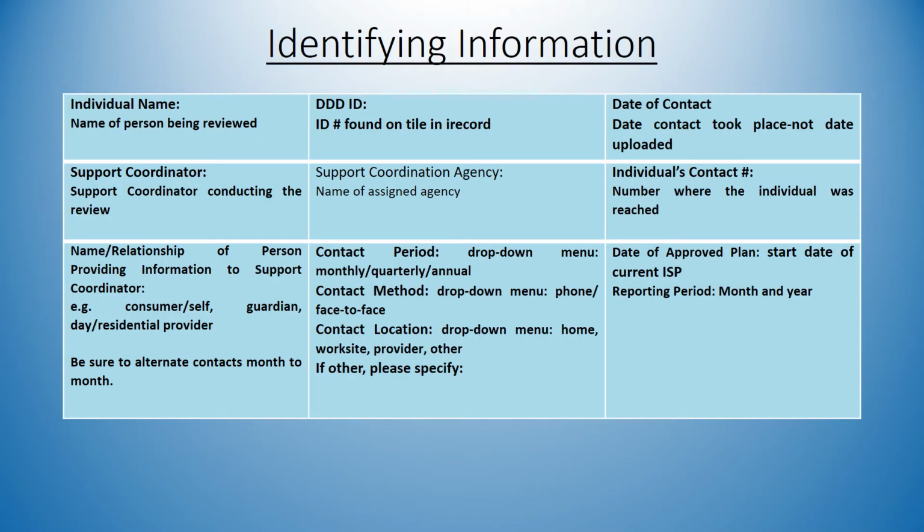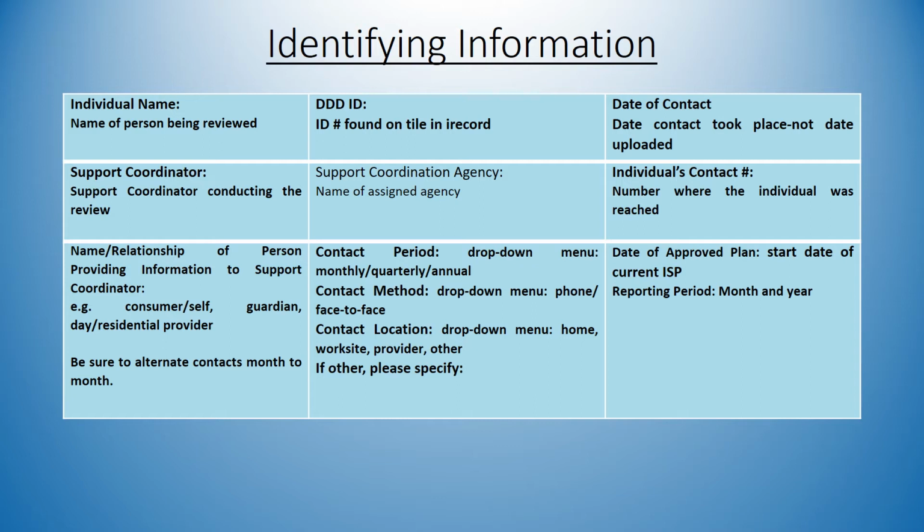The first section of the monitoring tool is completing identifying information for the individual. This includes the individual's name, their DDD ID number, which is found on the tile in iRecord, the date of contact. This should be the date that the contact actually took place, not necessarily the date that it was uploaded